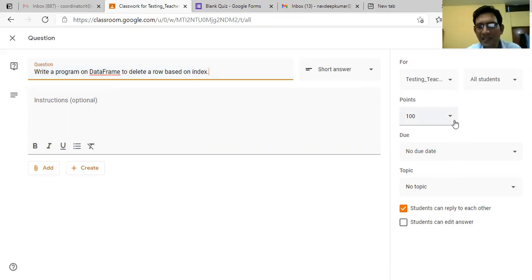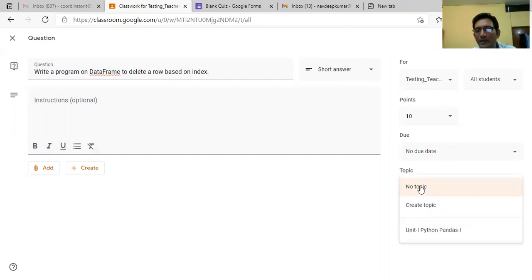Now here you can assign the marks to this question, and you can make the question ungraded also. Let's say I keep it as a 10 marks short answer based question, and the student will write the response and submit it to this class.